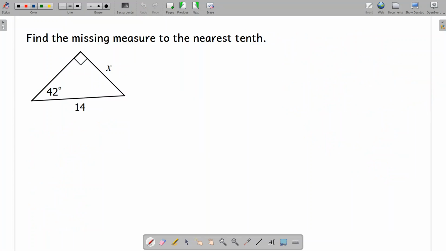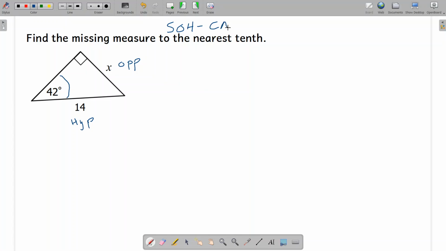So let's find some missing measurements. Now, whenever you have these, it's never going to be any of the reciprocal functions. It's going to be one of the 3 that you're very comfortable with. Okay, think SOHCAHTOA. Based on this angle, I have my opposite side, and I have my hypotenuse. Okay, so you just need to think